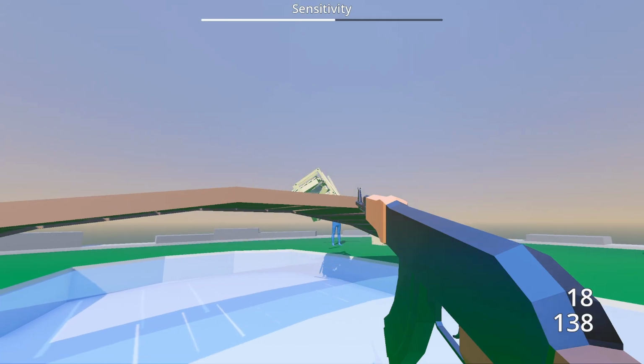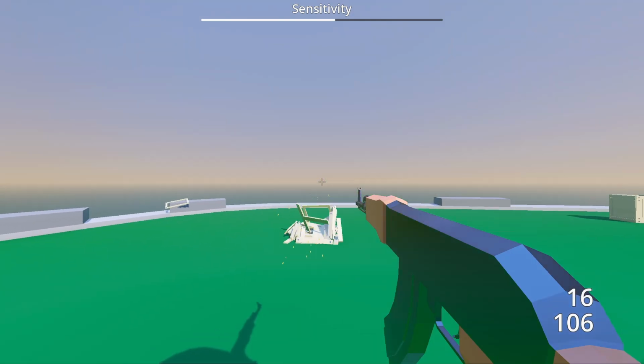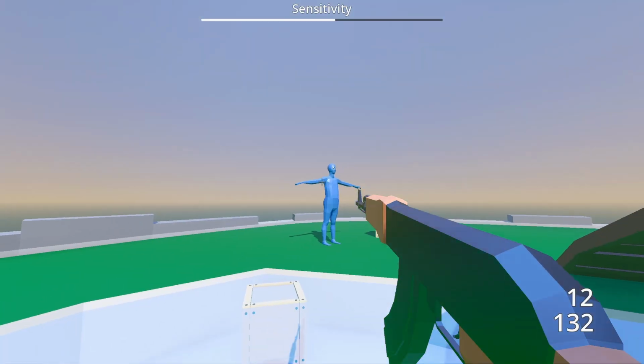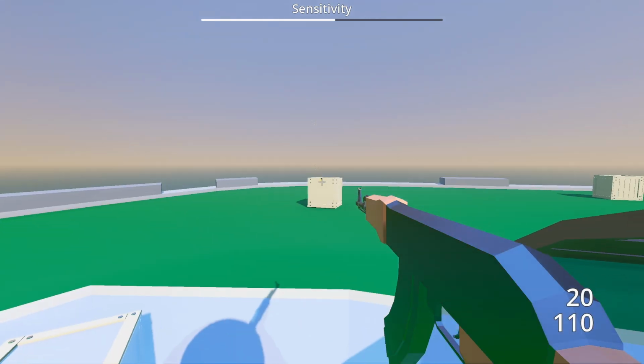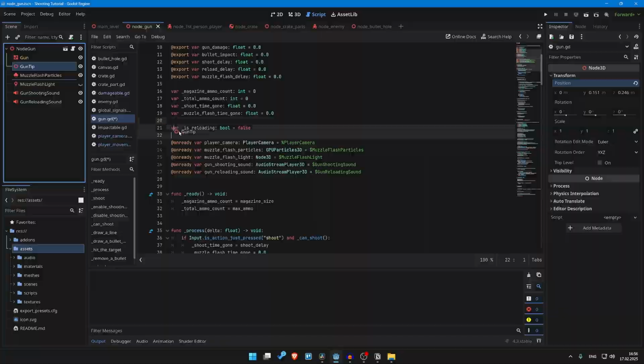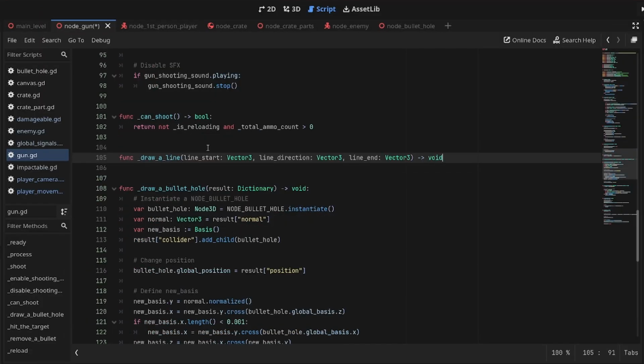Awesome! We can say that the shooting mechanic already looks convincing, but let's go to more advanced features and add some details like a trail to see where bullets travel. We'll need to add a gun tip to the gun scene, reposition, grab a reference to it, and add a new function for drawing a line.